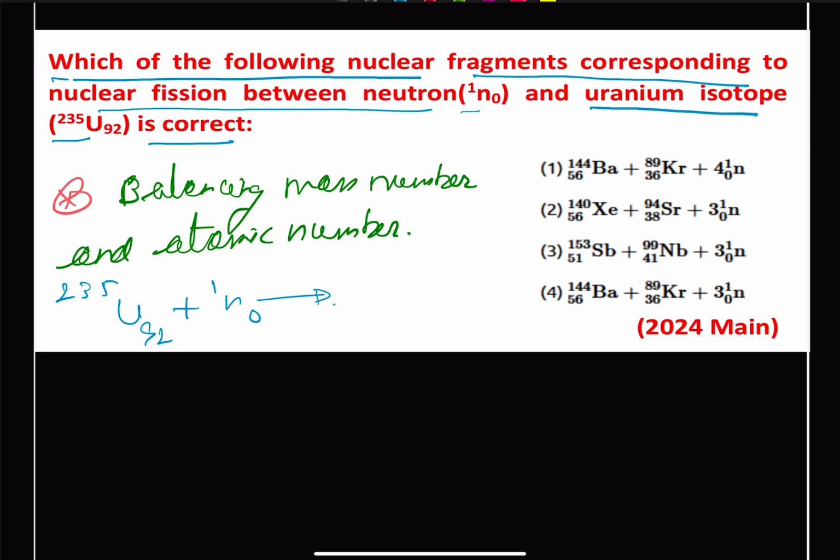and that will be giving a product such that the total will be coming as 236 and here will be coming as 92. Okay, so we can just add them and we can see that this will be 4, this will be 3, this will be also 3, and this will be 3. The rest of the things will be following. 144 plus 4, that will be 148, and 89,